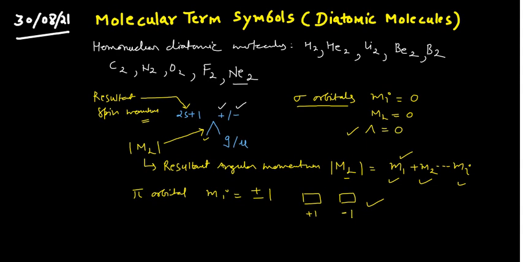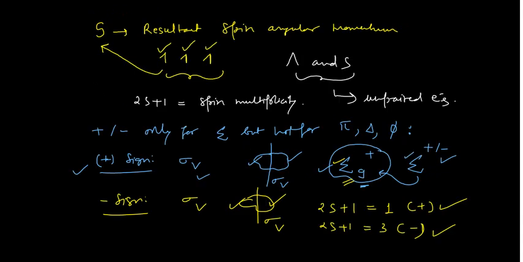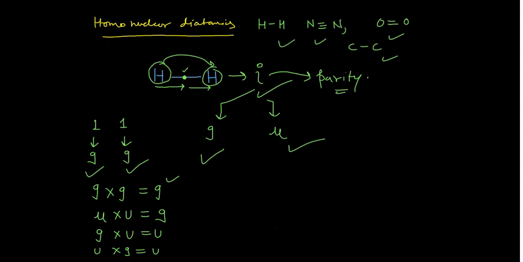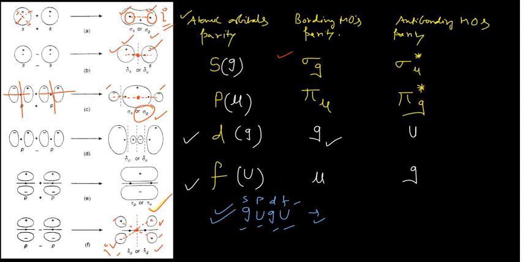Okay, so this I have explained, and then you see here I have already given you the importance of this quantum number, and then I have discussed the Greek letters used for the spectroscopic terms, and then this plus and minus sign. All these things I have discussed, what is G, what is U with respect to the center of symmetry, and then for the heteronuclear diatomic molecules I told you that G and U would not be there because they don't have the center of symmetry. Okay, and then I have discussed these things.